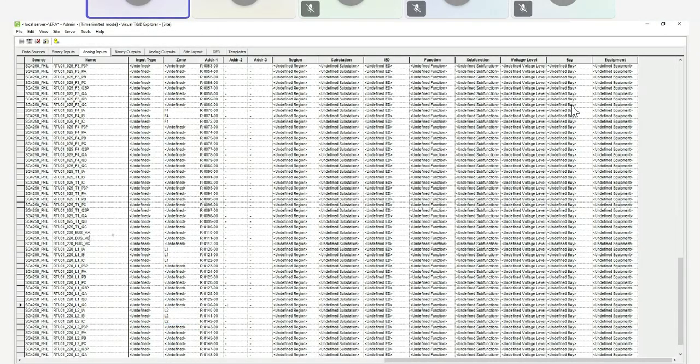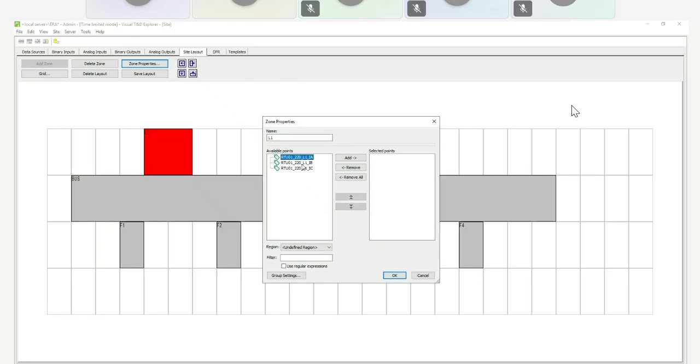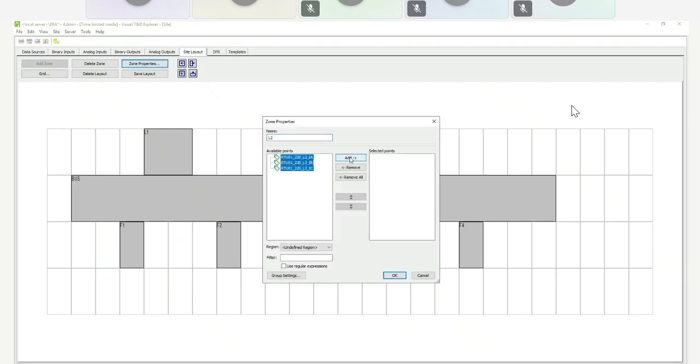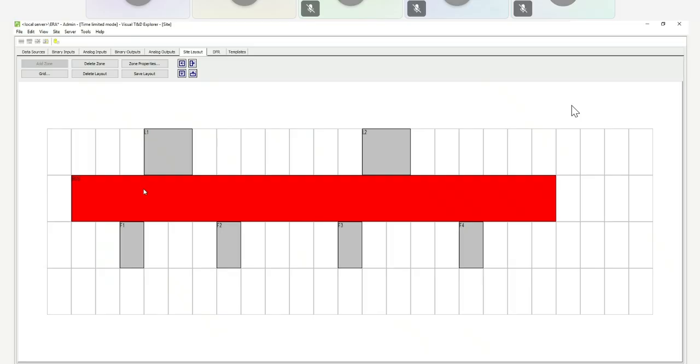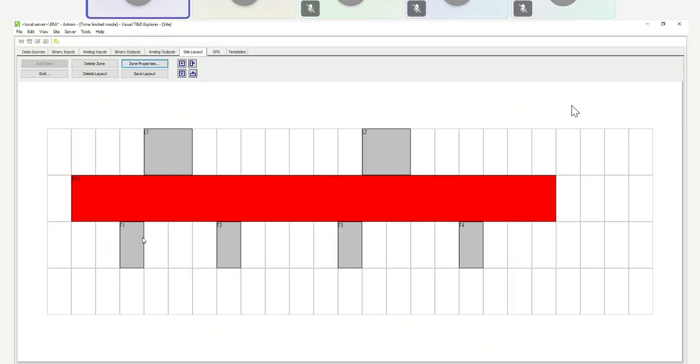But the 220 bus, I'll just put that as bus. So I'm just defining those points in my layout.